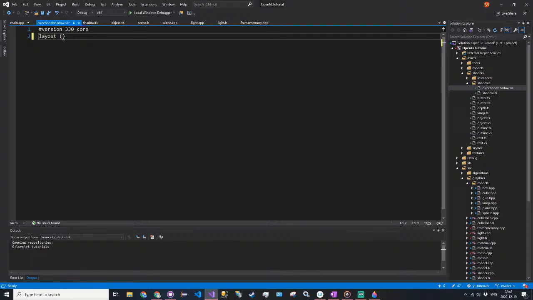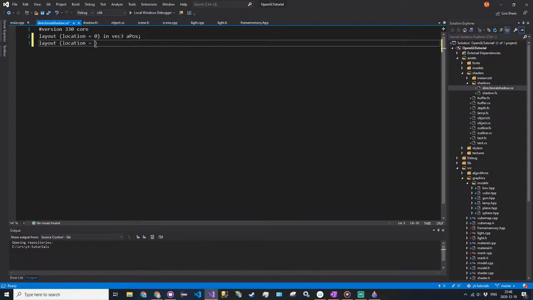Yeah, so for the vertex shader, we're going to have 3 layout variables. We need the position of the fragment, so layout location is equal to 0, and this can be in vec3 aPos, and then we're going to have an offset and a size. So layout location is equal to 3, and we're skipping 1 and 2 because in the mesh class,